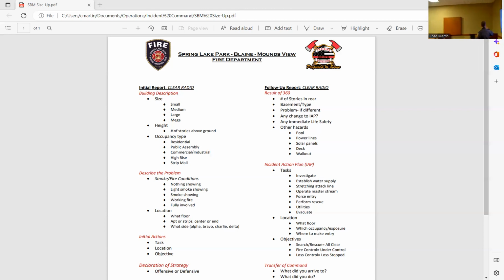And at the end, again, we talk about it. We want to include PAR at all of our CAN reports. We've even tried to talk to some of our crews. So if I'm assigned fire control as engine 1, I make entry and I knock down the fire. Do I wait to tell command that I knocked the fire down? No. No. If you are, shame on you,